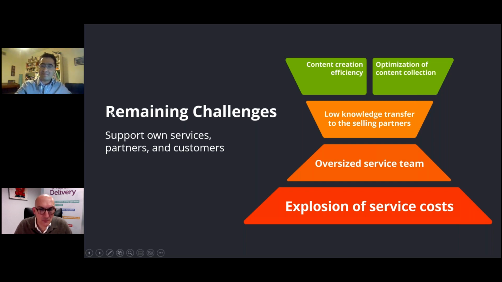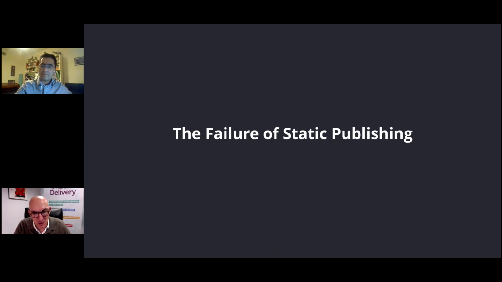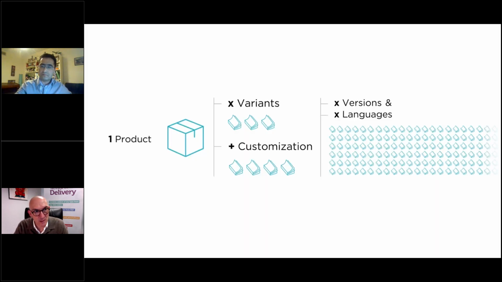So I think you made a good job at describing the problem. So what you have solved by helping SwissQPrint move to data, and what are the remaining challenges if you don't change the way you deliver content. So if you move to the next slide, you started describing the failure of static publishing, which is mostly take the content that you have, pre-generate whether PDFs or a bunch of static HTML. And what is complex in that particular situation, if you move to the next slide again, is really what you've described here, which is the fact that one product